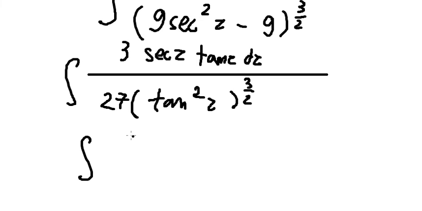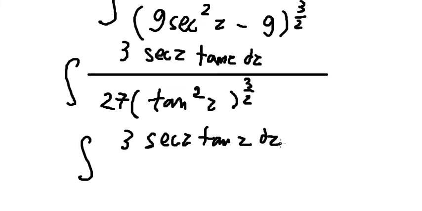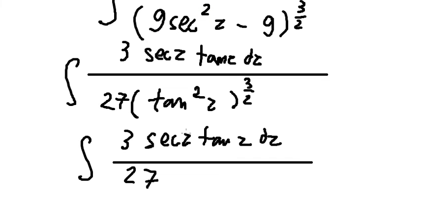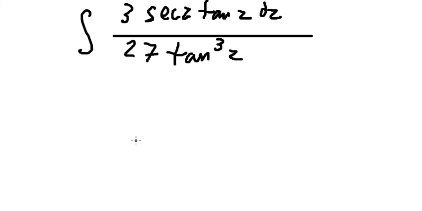And we get 3 secant of z tan z dz. This one you get 27 tan z to the power of 3. We simplify tan z and number 3 in here. So you get 1 over 9